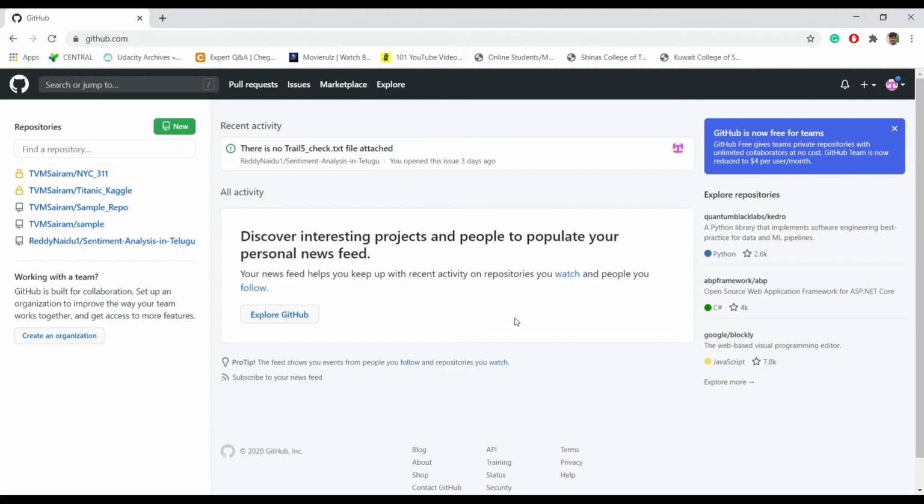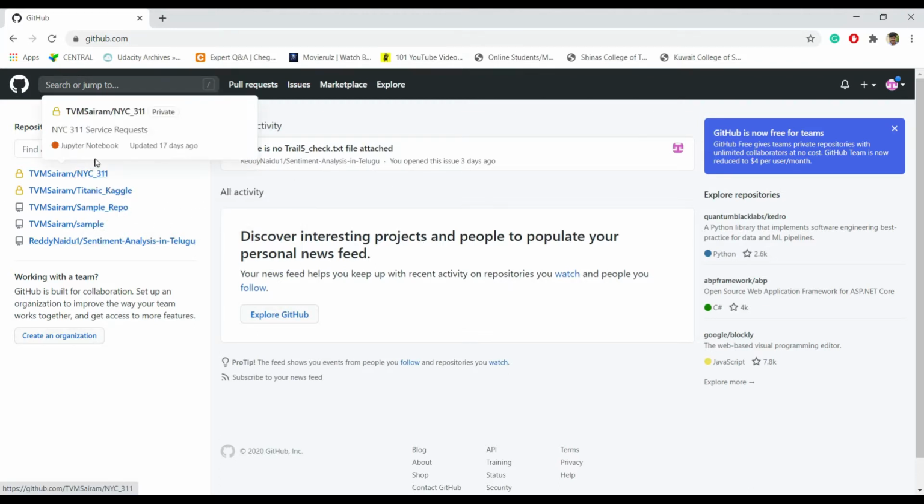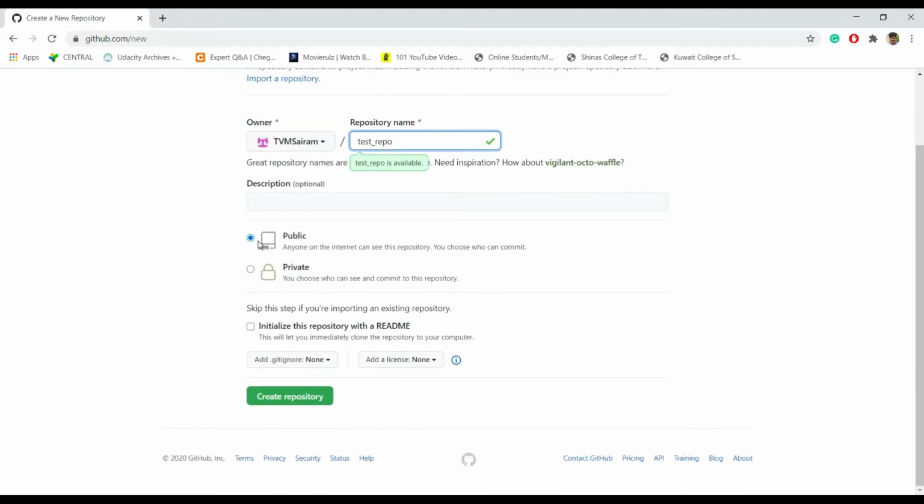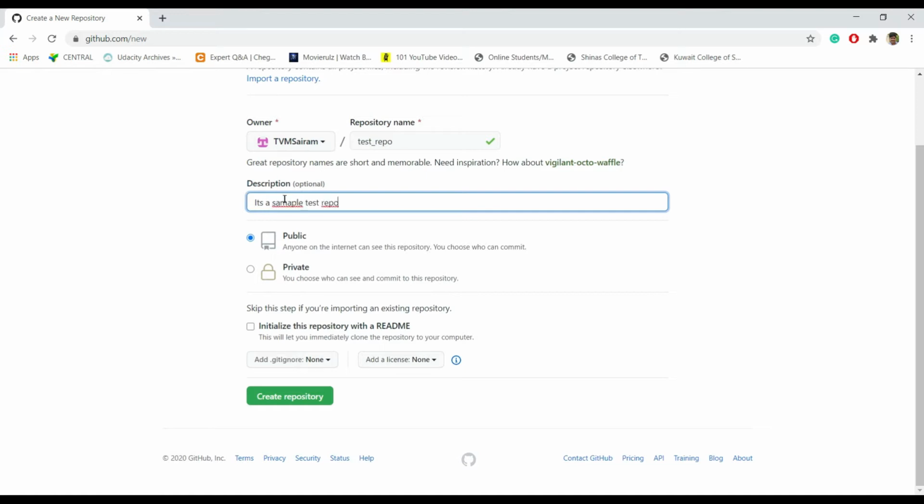So this is my account, and here are the repositories which I created. Let's check by creating one new repository by clicking on new. Here I am the owner, TVM Sairam. My ownership will be mentioned here, and for the repository name, for example test repo, I mention it like this. You can make it public or private, and the description is optional. It's a sample test repo. I'm mentioning it like this,